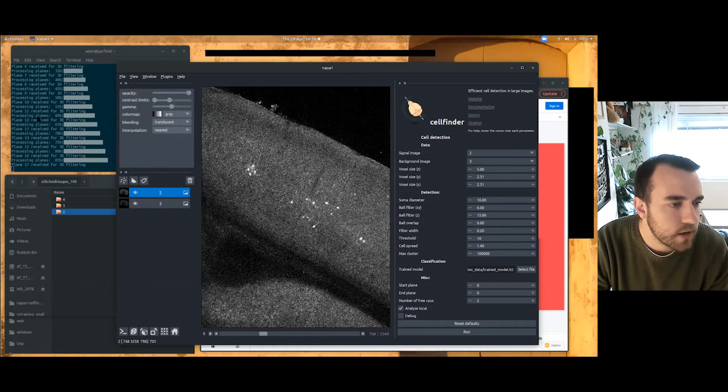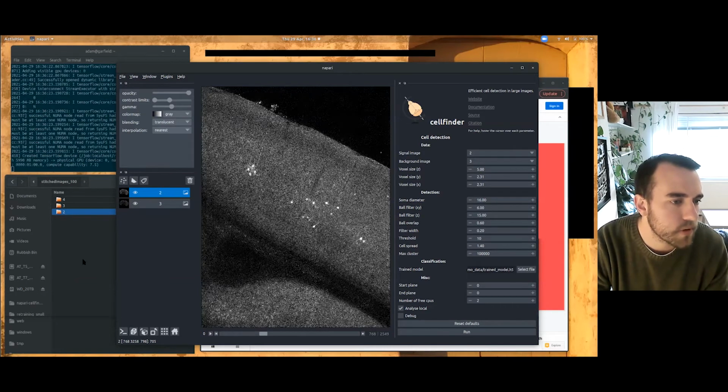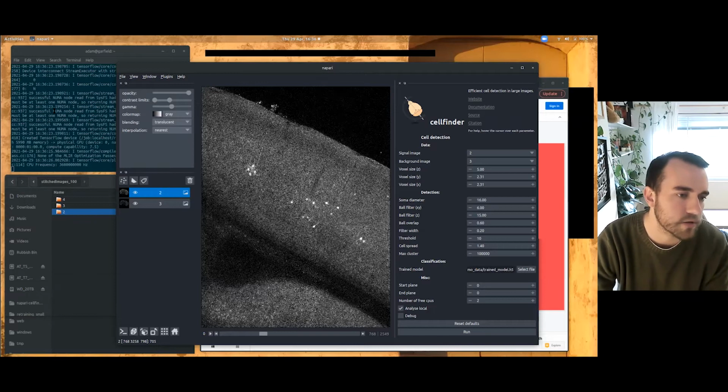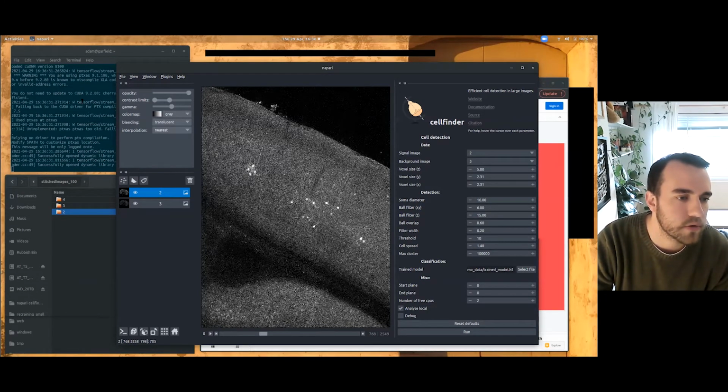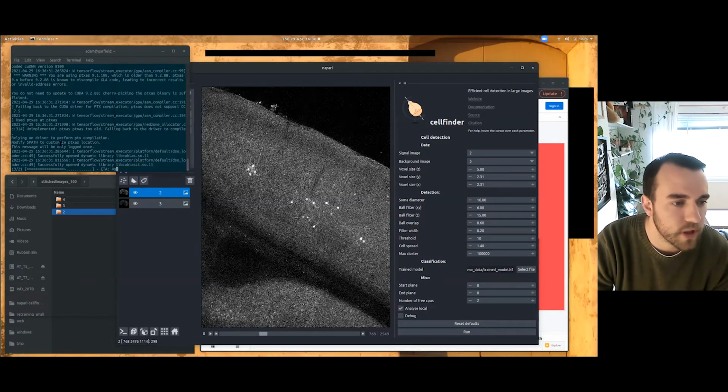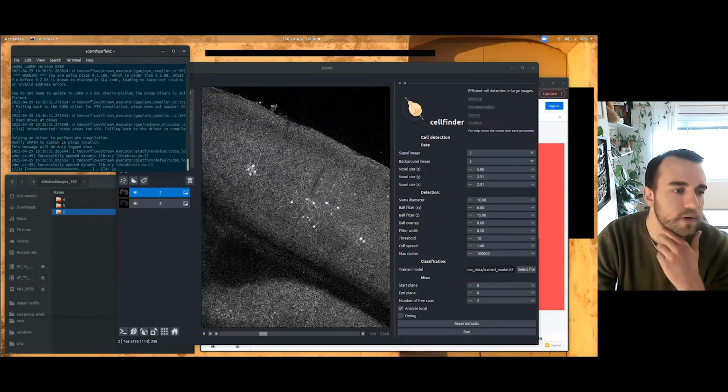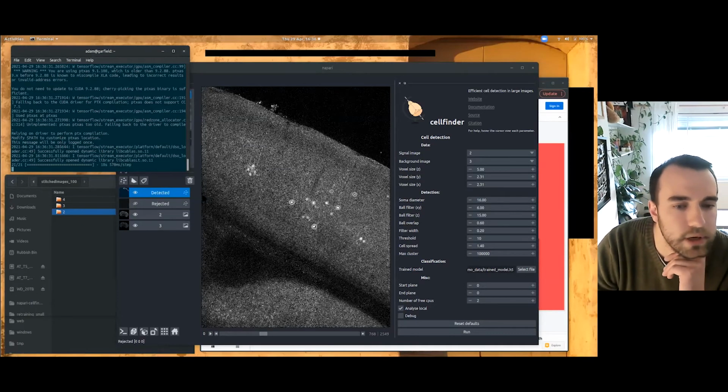It takes a little while because this data's on an external hard drive because I'm on my laptop, but it's done the cell detection step and it's just about to do the classification. It's always dangerous doing things live. I think it's nearly done. One thing obviously I need to add is more visual feedback within the GUI here. We're relying on the console to tell us what's happening. But yeah, it's now done.